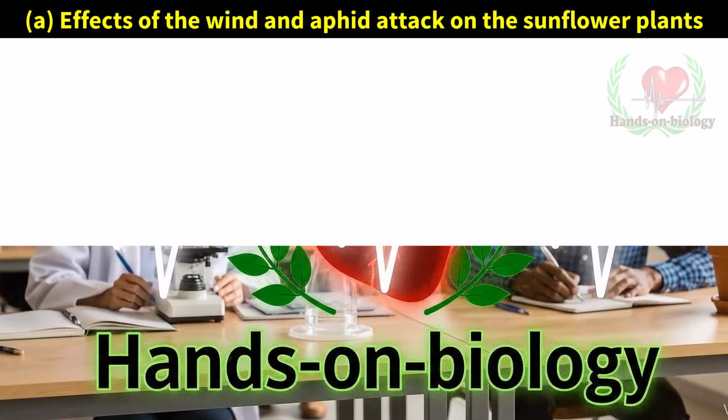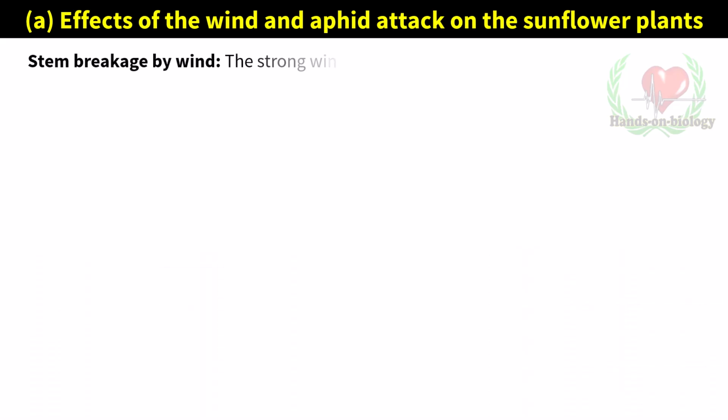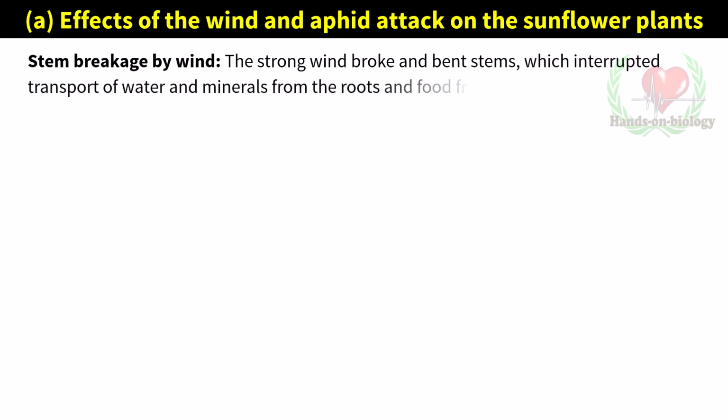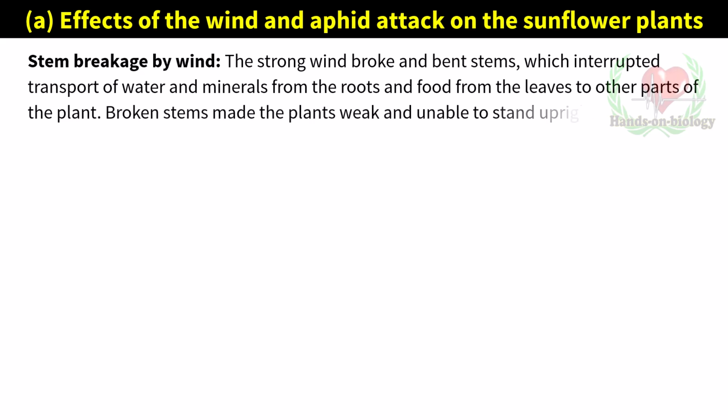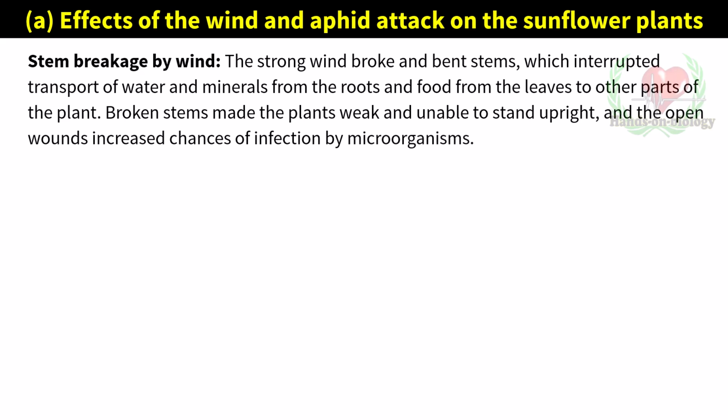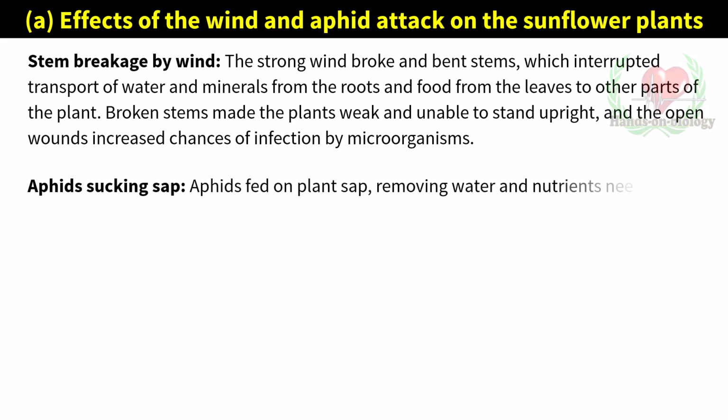Stem breakage by wind. The strong wind broke and bent stems, which interrupted transport of water and minerals from the roots and food from the leaves to other parts of the plant. Broken stems made the plants weak and unable to stand upright, and the open wounds increased chances of infection by microorganisms. Aphids sucking sap. Aphids fed on plant sap, removing water and nutrients needed for growth, making the leaves curl